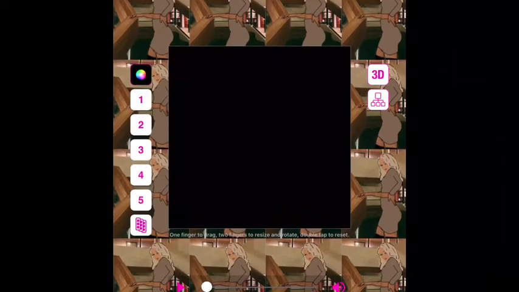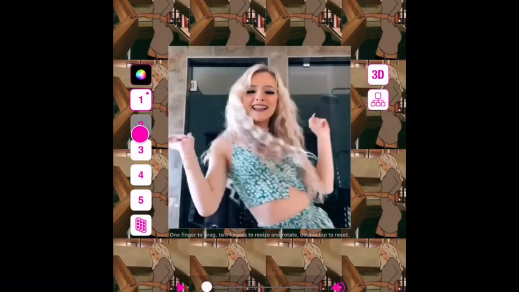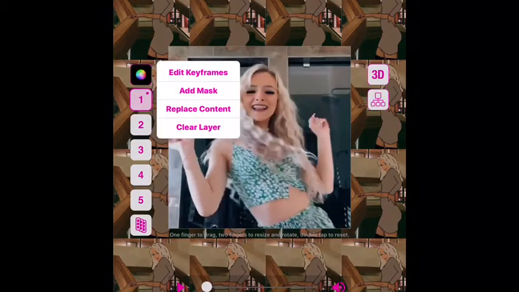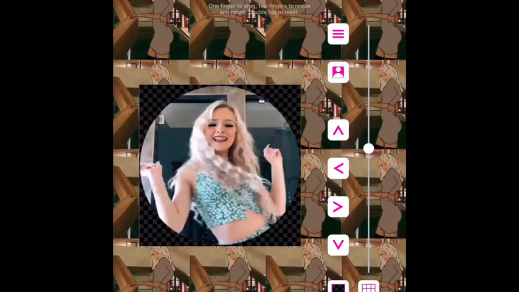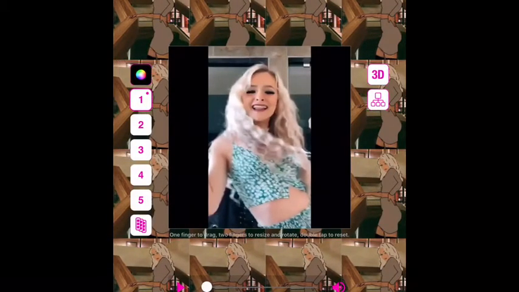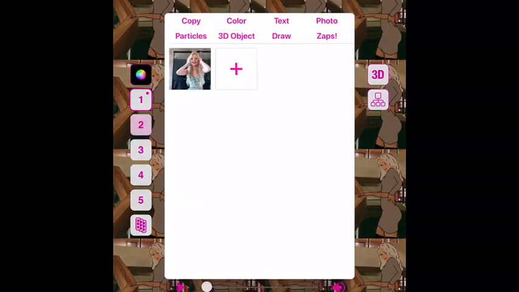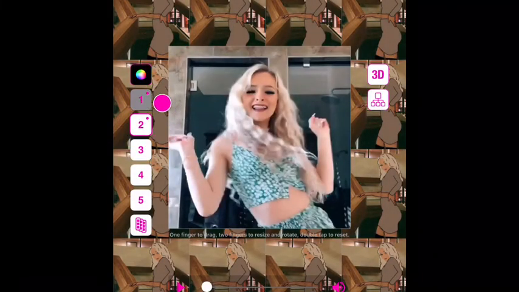You're gonna click on that, you're gonna click the number 1 button, then you're gonna click on your video or photo, then you're gonna click add mask, you're gonna click on it again, and then you click add mask, then you're gonna click on the shape bar, and then you're gonna find a shape that looks similar to this, and then you're going to hit layer 2, you're gonna click on your video or photo, you're gonna hit add mask